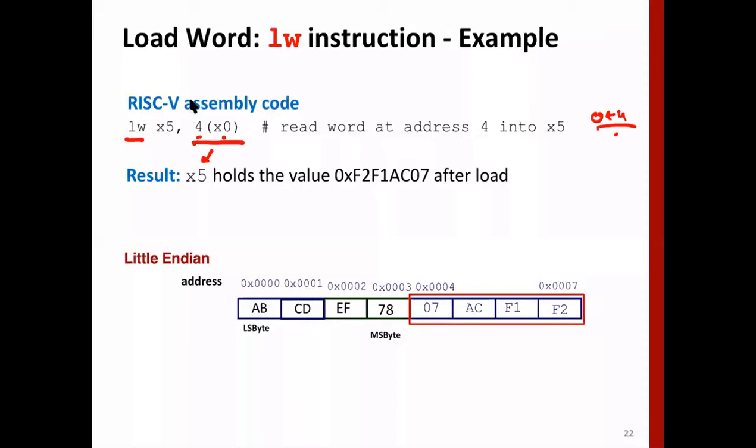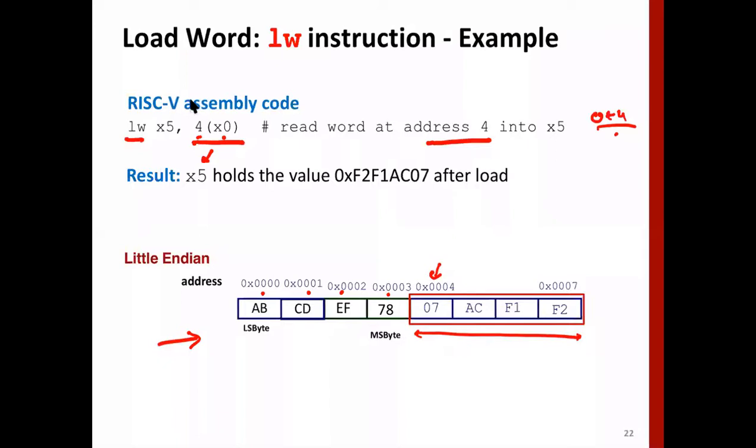All right, so now let's see, this is the memory. It's little endian, right? This is the 0th byte, first byte, second byte, third byte, and this is the fourth byte. It means that now we have to get a word starting at this address. So we are getting something that we have shown as red, this one.